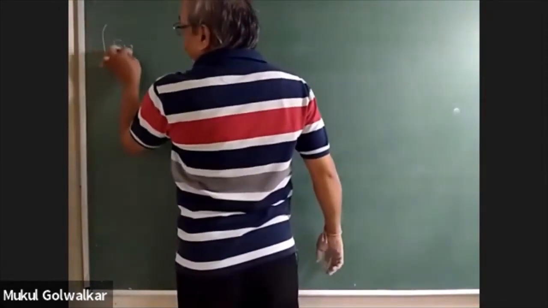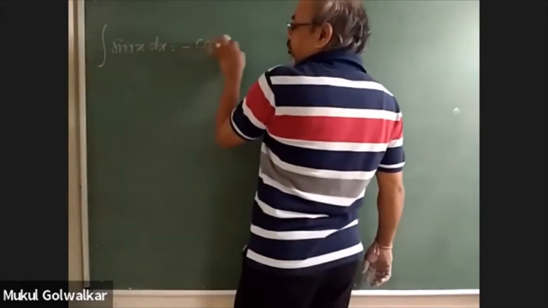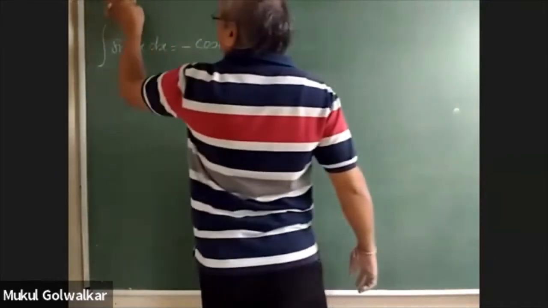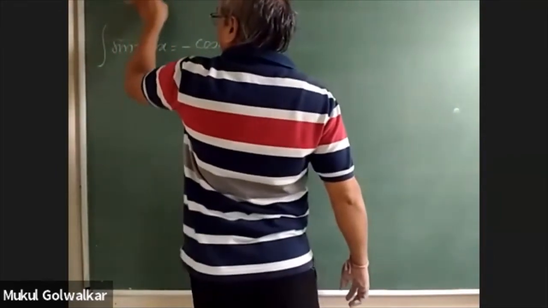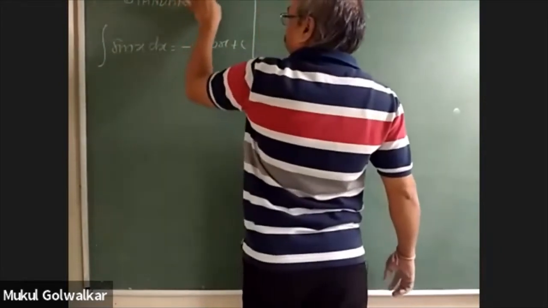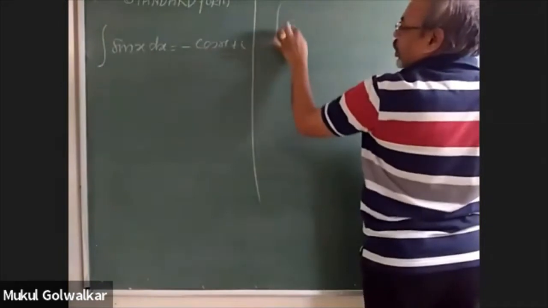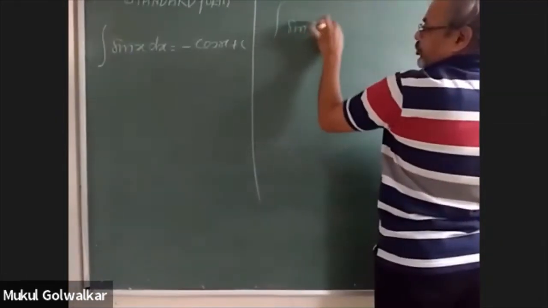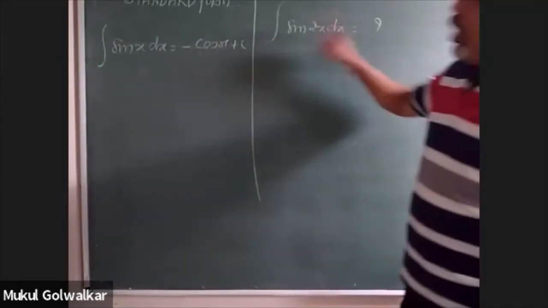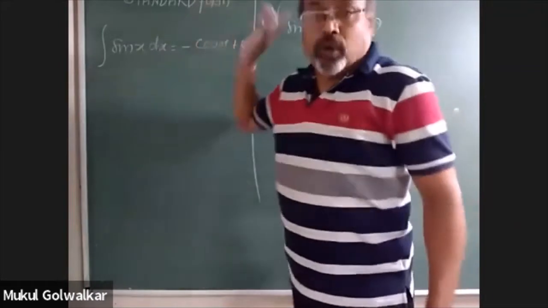Say I am writing the formula for integration of sin x is equal to minus cos x plus c, and this is the standard form. And this is the given integration of sin 2x. This I have to find out. Okay. So how shall I be converting this given function in the standard form?